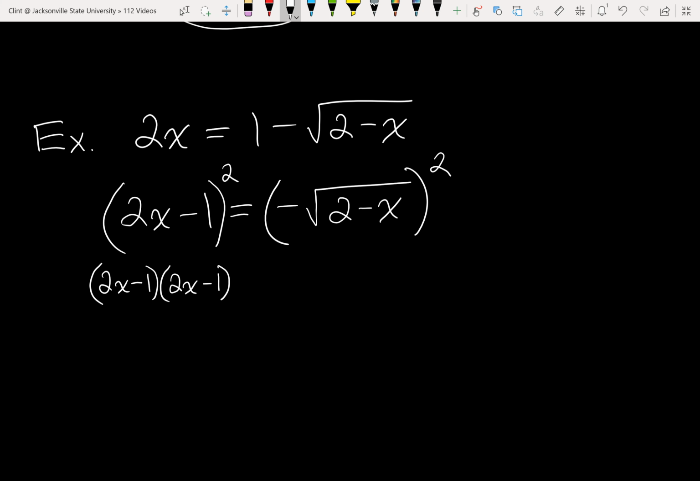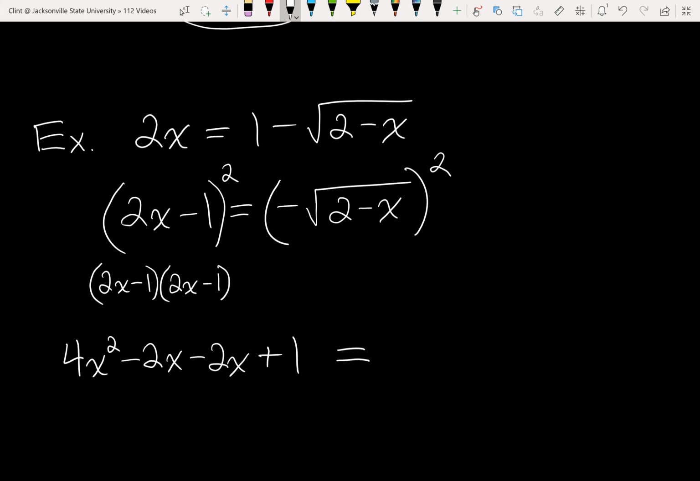The answer is not 4x squared plus 1. We have to do the FOIL method over here. So we get 4x squared, and then minus 2x from the outer terms, minus 2x from the inner terms, and plus 1 from the last terms. We have to do the FOIL method there. On the right side though,